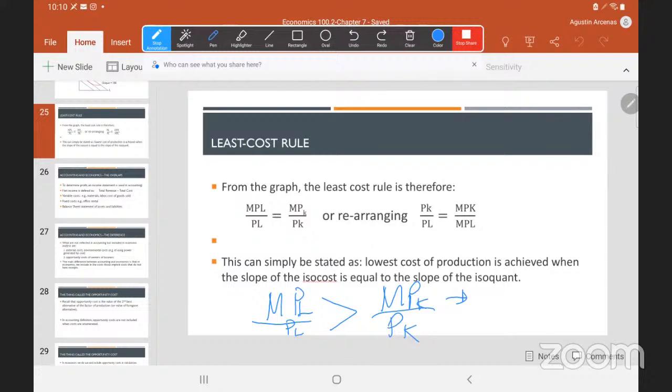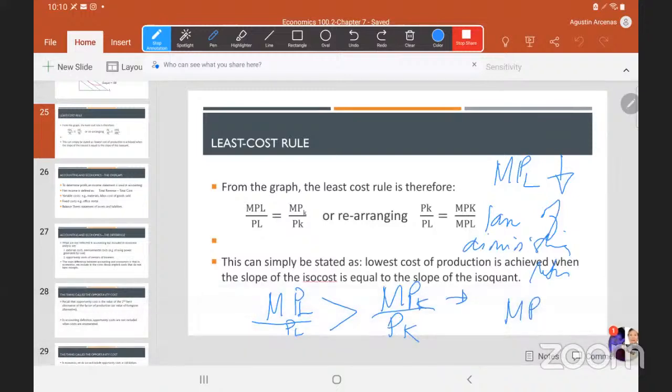And so the firm will continue to hire labor, and every time the firm hires more labor, the marginal product of labor goes down because of law of diminishing marginal returns. So, kapag ka ganon, itong greater sign na to, may still hold, pero paliit na ng paliit yung difference ng per peso marginal product of labor and per peso marginal product of capital. Kasi habang the firm hires more labor, the marginal product of labor goes down, and the marginal product of